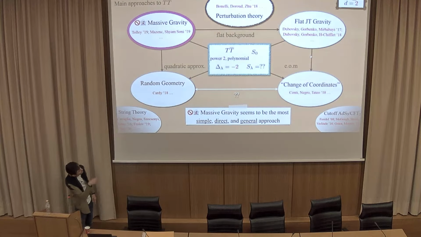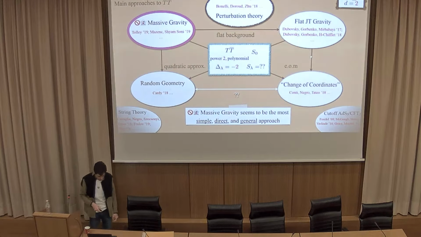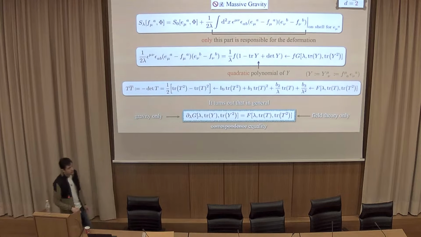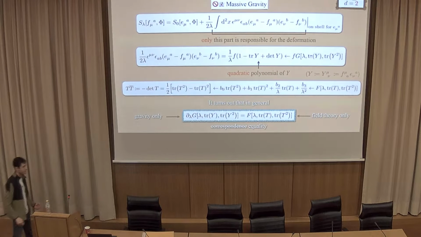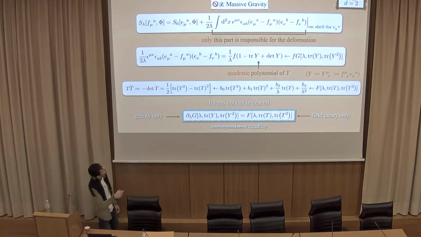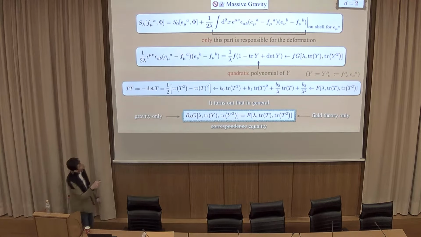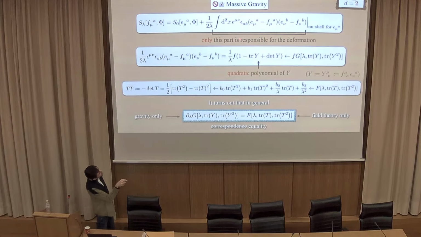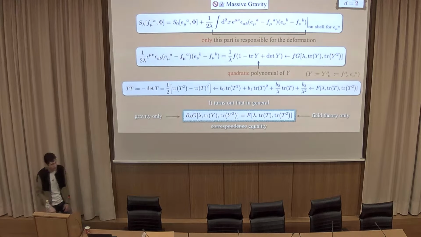So out of all these approaches, the simplest one is the massive gravity one, because the rest essentially fall out of this particular formula in some limit. So I'll talk about that a little bit more. In principle, any theory deformed by this particular deformation can be brought into the following form. This is your undeformed theory. It lives on a metric e, in 2 dimensions. And I couple it to a ghost-free massive gravity, and that's the mass term of your graviton. Lambda is my relevant coupling. However, in the massive gravity literature, 1 over lambda is the mass of your graviton. So you see, we went immediately from the UV all the way up to the IR in some sense.